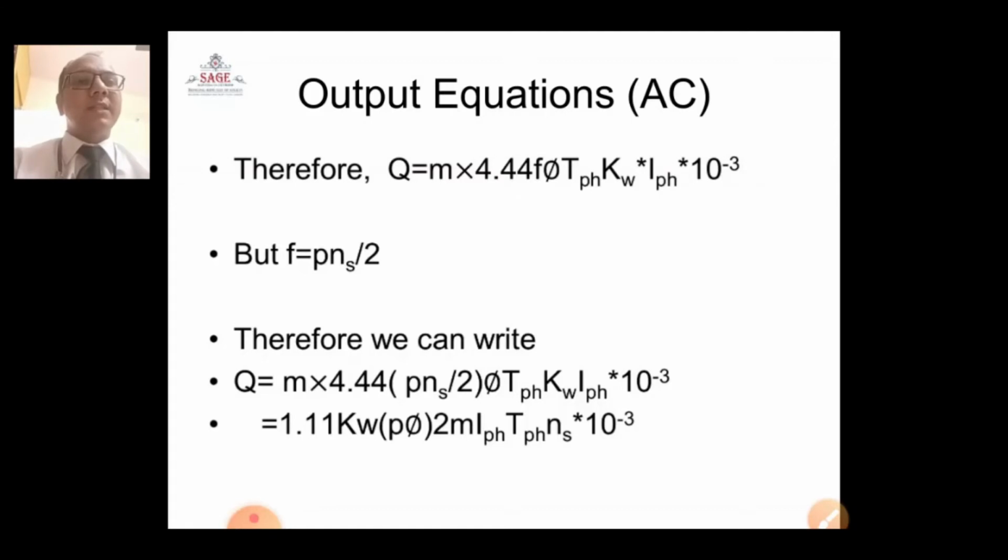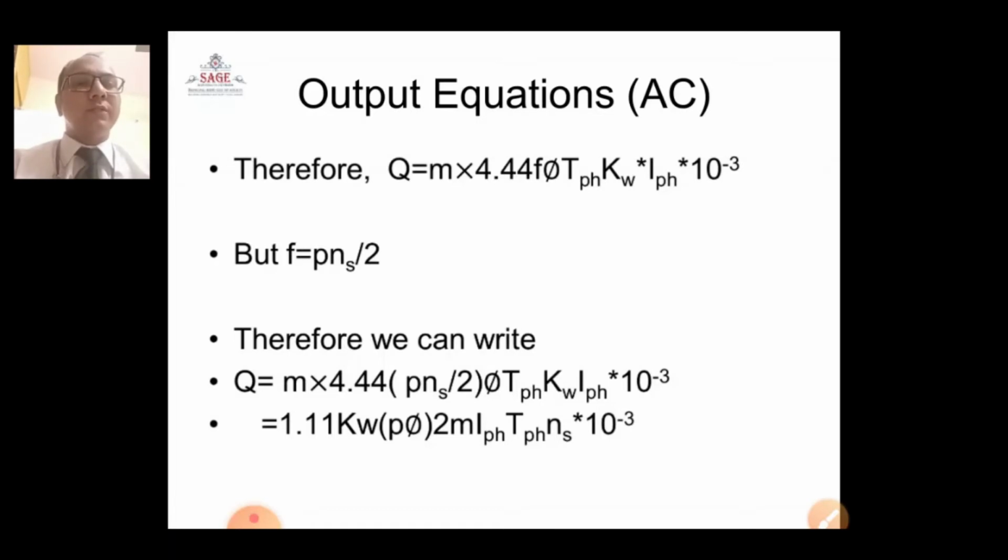So if I substitute this EMF equation in the power equation, the equation modifies to m into 4.44 into frequency multiplied by flux multiplied by turns per phase, winding factor, Iph. Simply substituting in place of frequency P ns upon 2, P number of poles, ns synchronous speed in RPS. So if I substitute this value in the main equation, then after a short manipulation